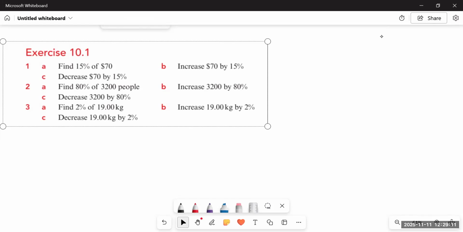This is Cambridge Lower Secondary Mathematics Book 8, and today we are starting with chapter number 10, which is related to percentage increase and decrease. You have learned about it earlier as well, so it's going to be easy or somewhat difficult for you, but inshallah, we'll try to make it as easy as possible.